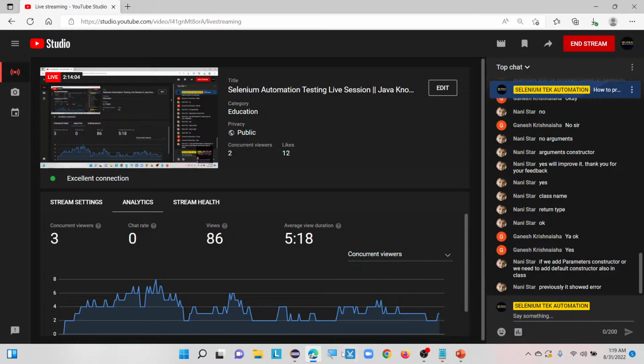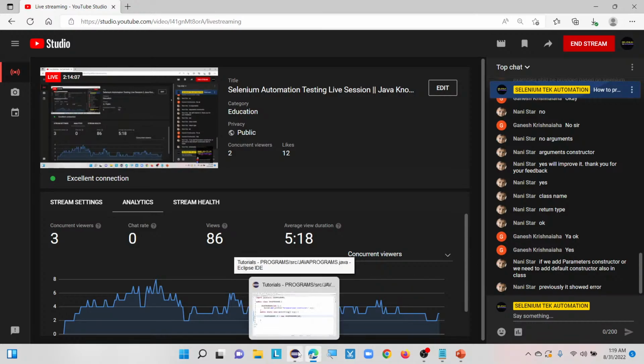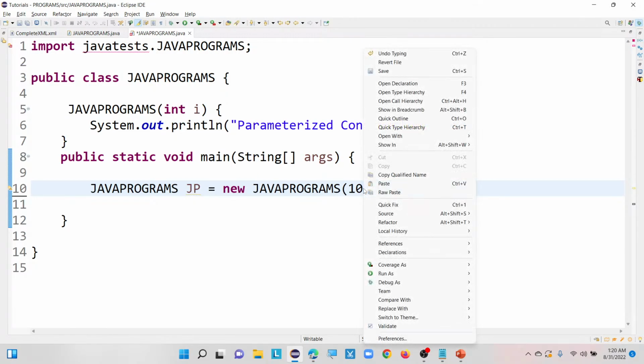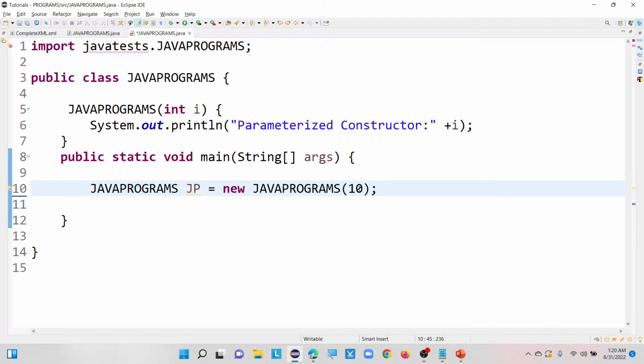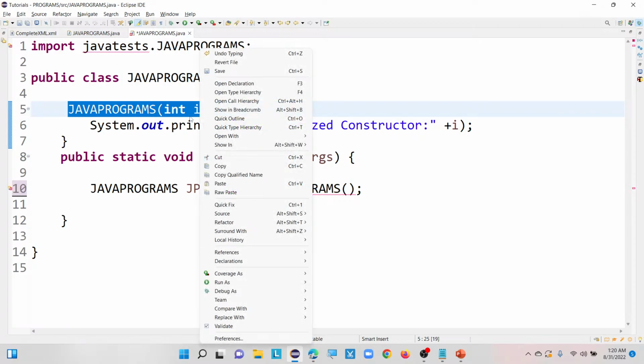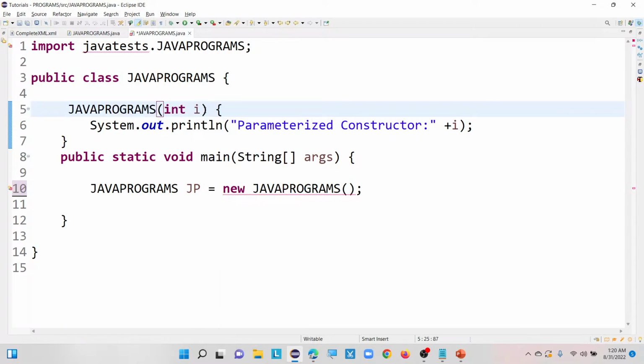where previously it showed an error, this one, that's where, right? See, this is a parameterized constructor, as you can see here. So if I remove this value, if I am not providing anything here, previously I showed you the default constructor is 10 from here, you can see now the error is gone, because it is a default constructor, a no-arguments